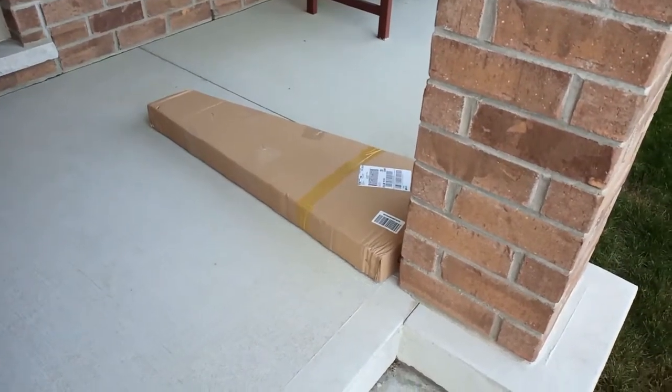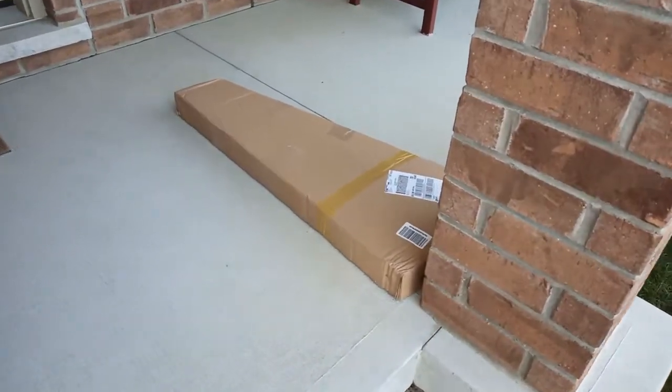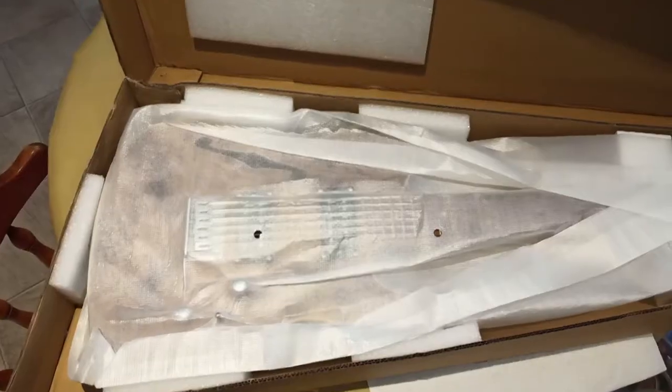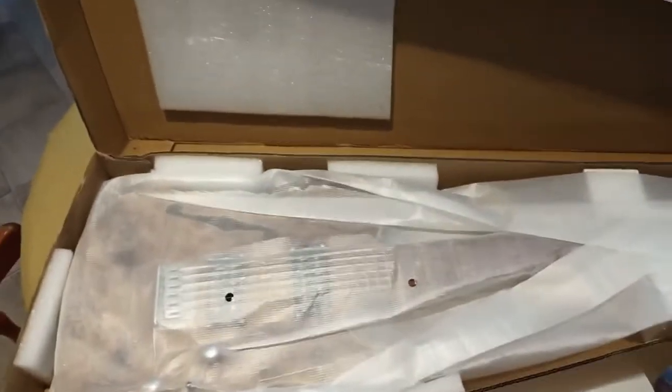Well, looky here what I came home to. Wasn't supposed to arrive until Wednesday. And in the open box, whoops, finger in front of the camera,